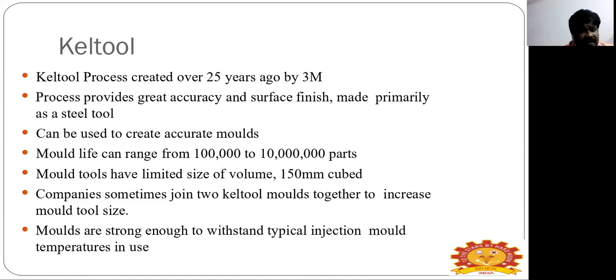So the 3D Keltool process can yield durable production steel inserts. It can be 70% A6 tool steel and tungsten carbide and 30% copper. The hardness of the insert is 30 to 34 RC, and 46 to 50 RC after heat